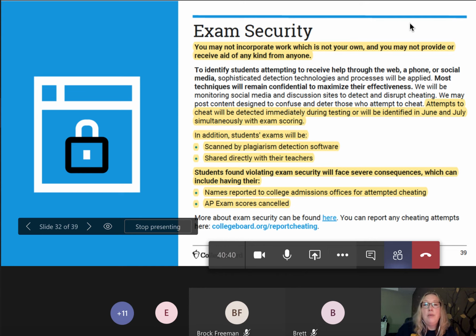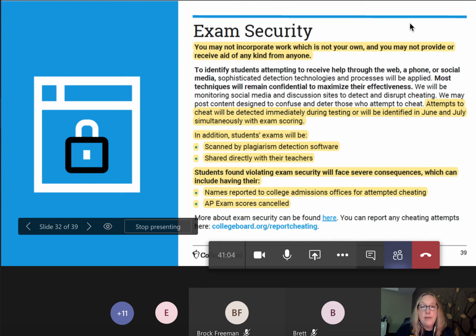Most techniques will remain confidential to maximize their effectiveness. Attempts to cheat will be immediately detected during testing, or will be identified in June or July simultaneously with exam scoring. So your test is going to be scanned by plagiarism detection software, and your exams are going to be